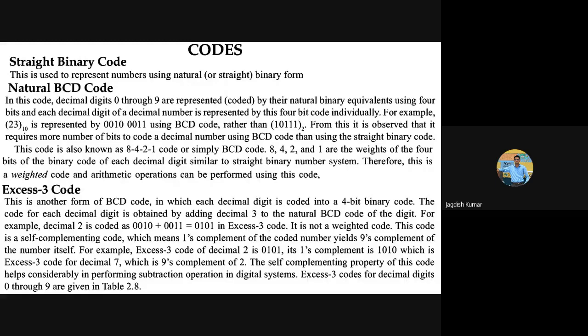I hope you are into the discussion and you are not confused with this. Is it clear till now? Is XS3 code okay? Are you fine with this, or is there a question? I may try to explain it again if there is confusion. Yes, please. Are you able to hear me? I am not seeing any response from your end. Am I audible there?